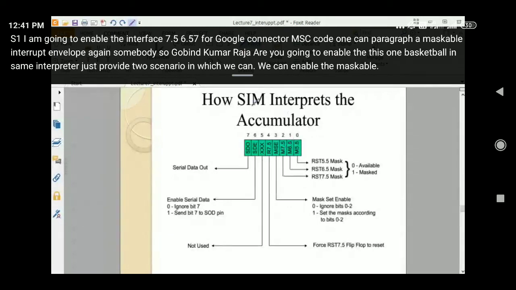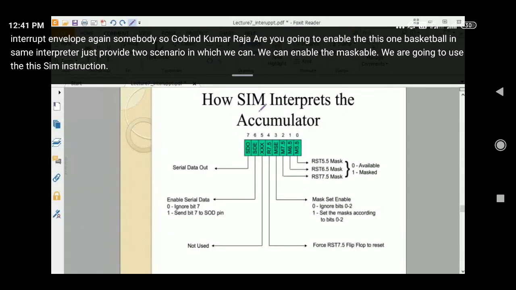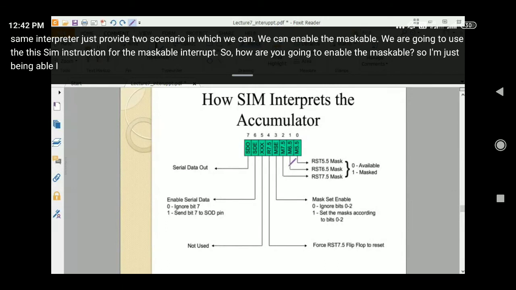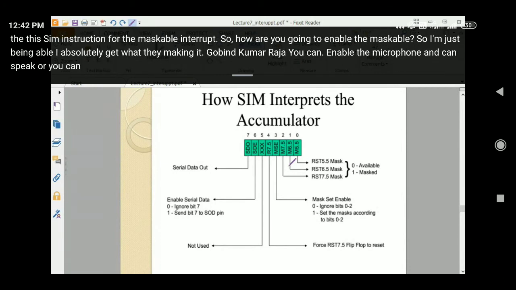We are going to use this SIM instruction for it. So how are you going to enable the maskable? I said it to check whether you are listening. Govind Kumar Rajat, you can enable the microphone and speak, or you can comment at the chat box also.